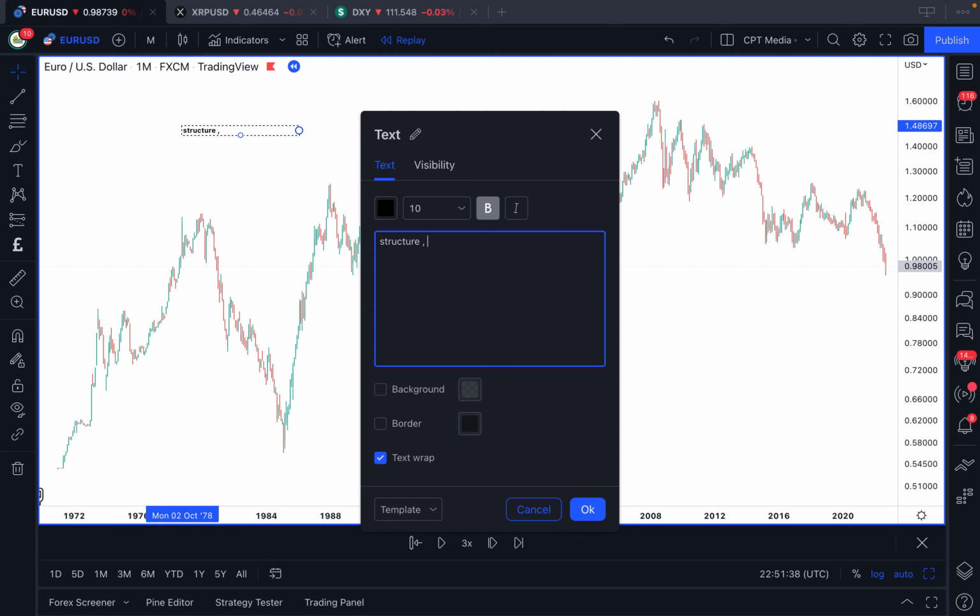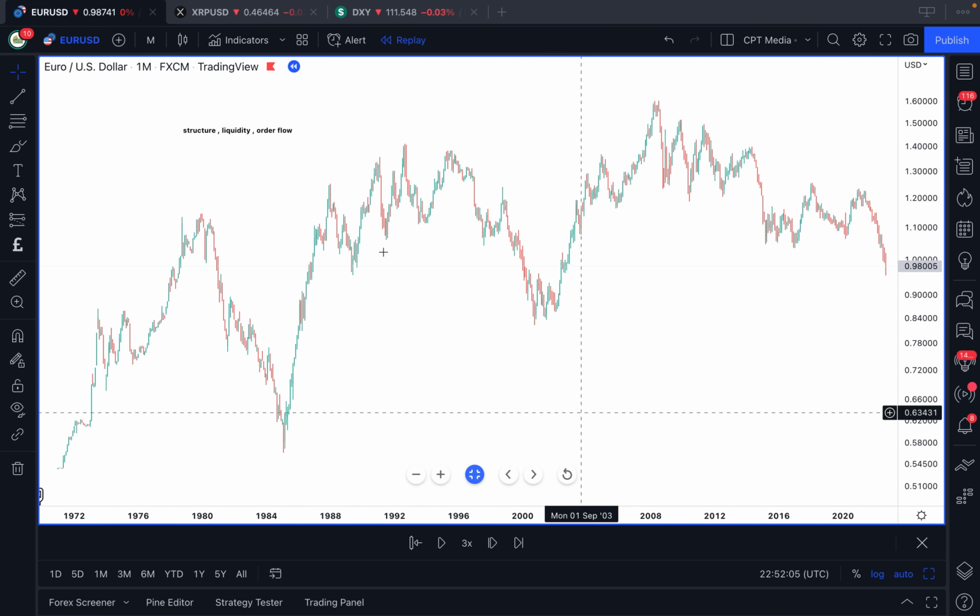shortly. Second is liquidity. Liquidity is a very important proponent of the market. Okay, the market runs on liquidity, and I've explained this before in a previous video also. And the third is order flow. Okay, now order flow is something I'll explain shortly as well, but these are the 3 main components on what